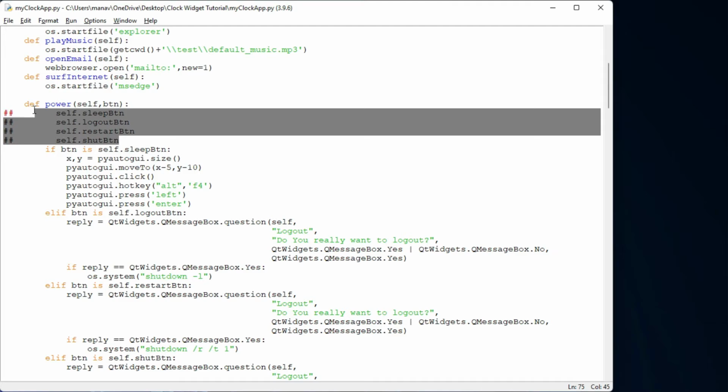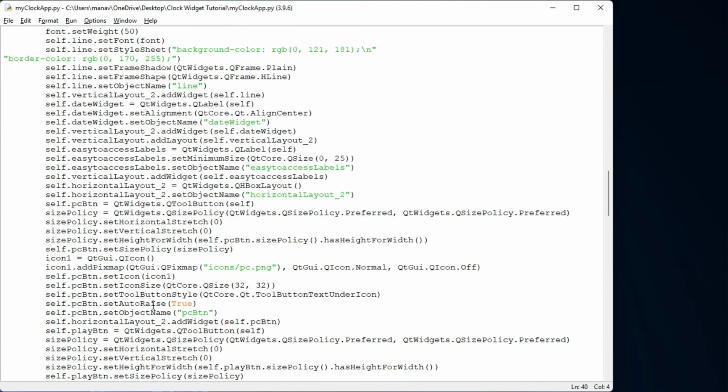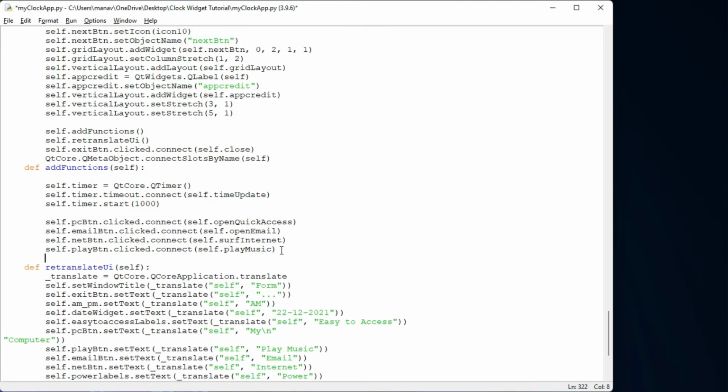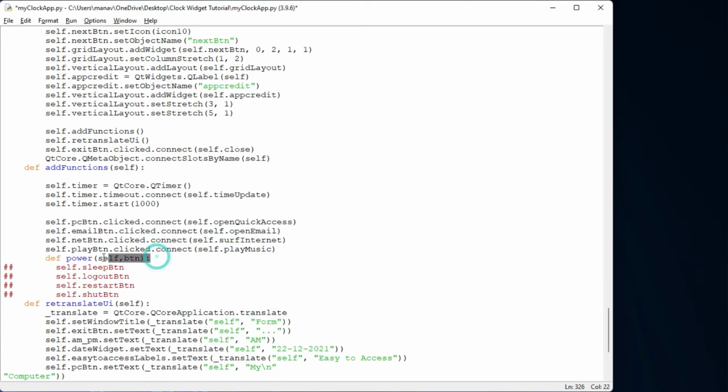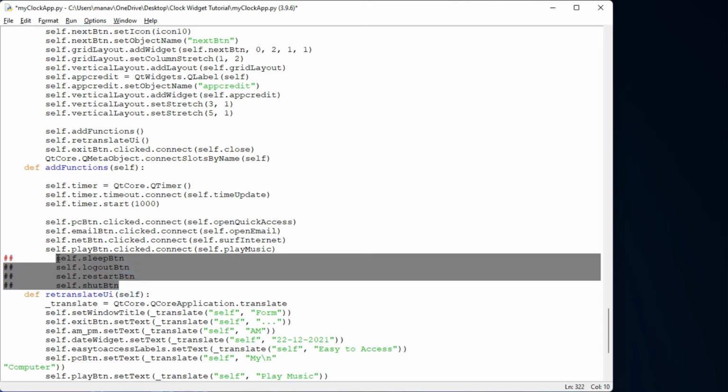Okay, so I can copy this whole thing and come into the add function method, and here in the add function method I can paste it, and I can uncomment this.